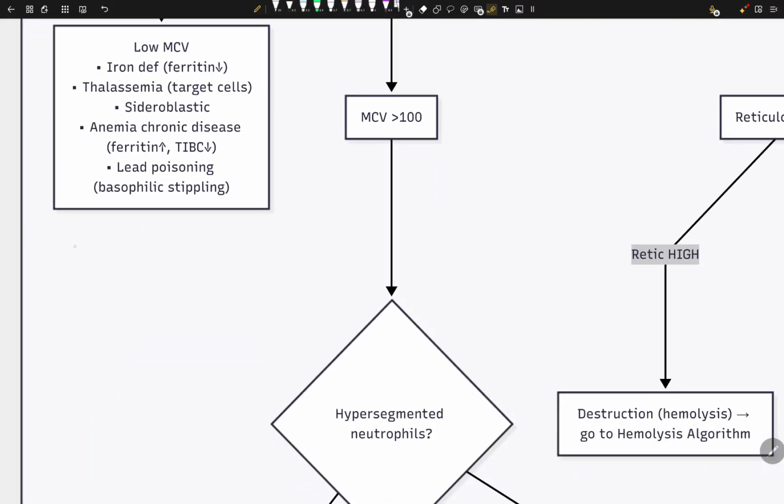And now actually hepcidin blocks what? Blocks ferroportin. Now once the ferroportin are blocked, right? Once they block the ferroportin, all the iron is blocked inside of a macrophage, right? So iron gets trapped inside the macrophage, inside the liver cells, inside the enterocytes. So less iron gets released in the blood,